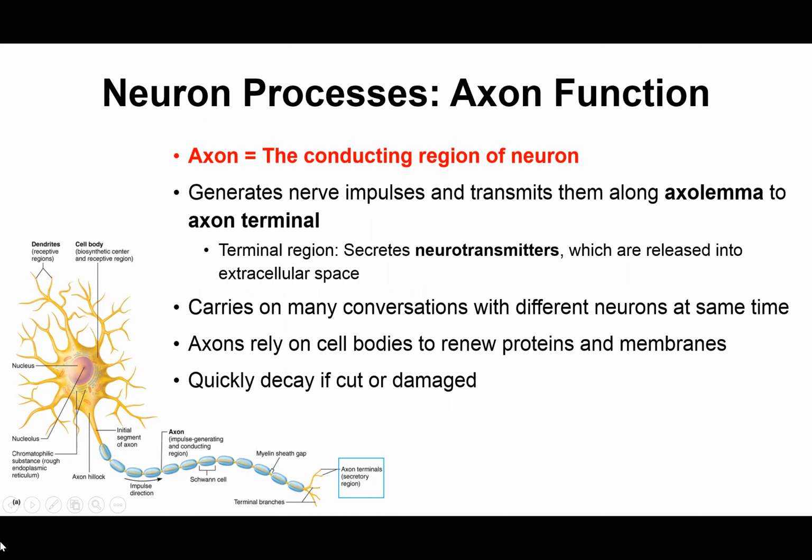So in terms of their function, axons are the conducting region of the neuron. They're going to take the information that was sent from the dendrites to the cell body, and then that information is going to be sent along the axon. So it's the conducting region. It's going to generate these nerve impulses and transmit them along the axolemma to the axon terminal. And the axolemma is just this region along this way, sort of between the hillock and the terminal. All of this would be considered axolemma. Then each axon terminal is going to secrete neurotransmitters, which are going to be released into the